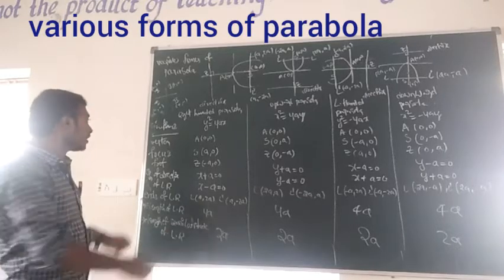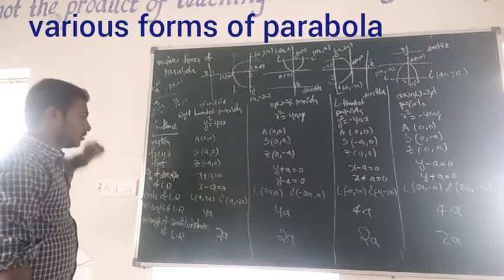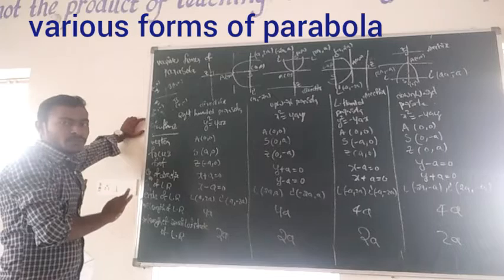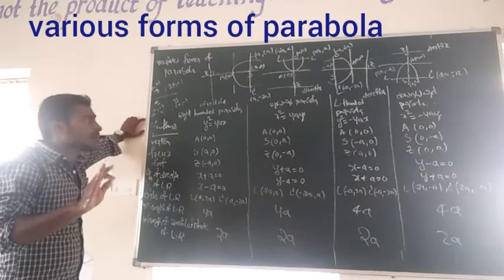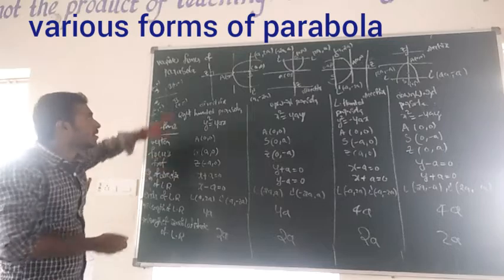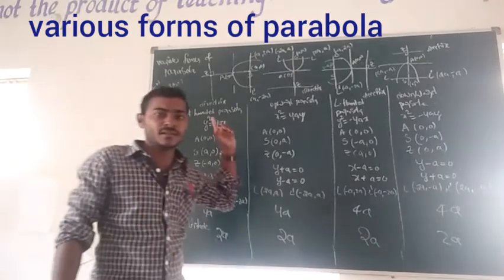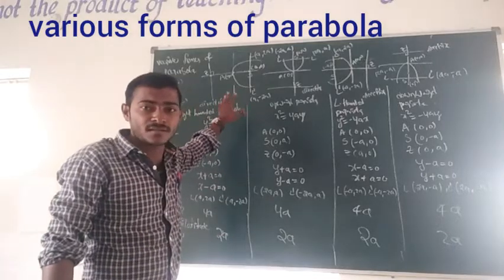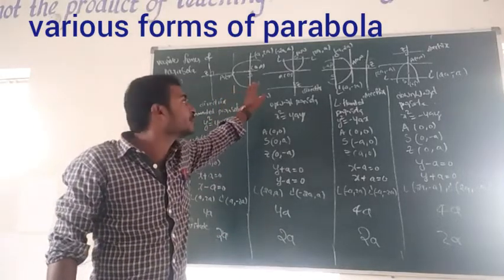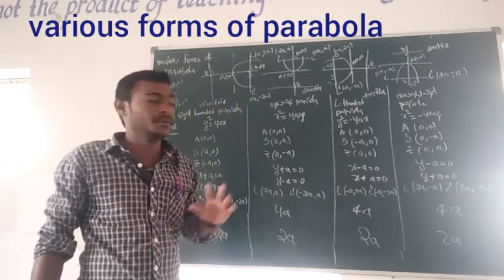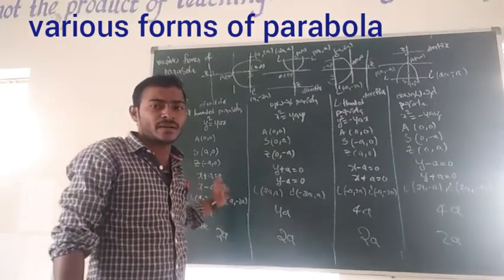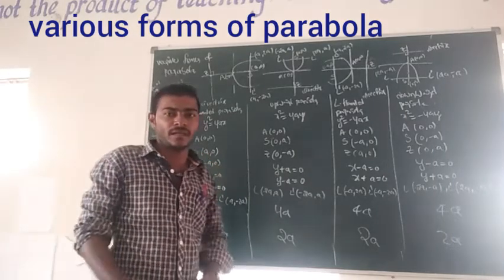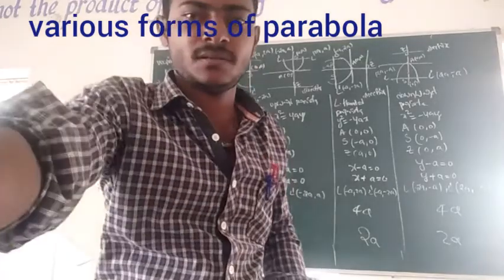Now you may take the table. The easiest way to remember is when you are drawing the picture, remember where you took the points: the focus, vertex, directrix and length of the latus rectum. You may practice a number of times, and you will remember the whole thing very easily. Okay. Thank you for today's class.